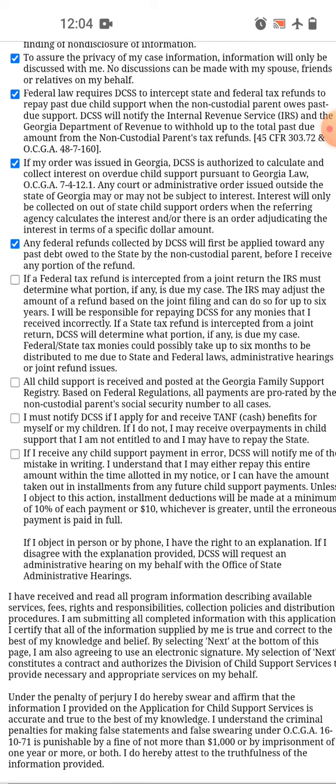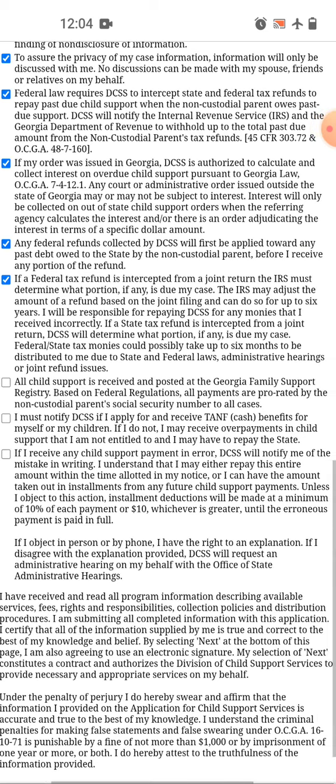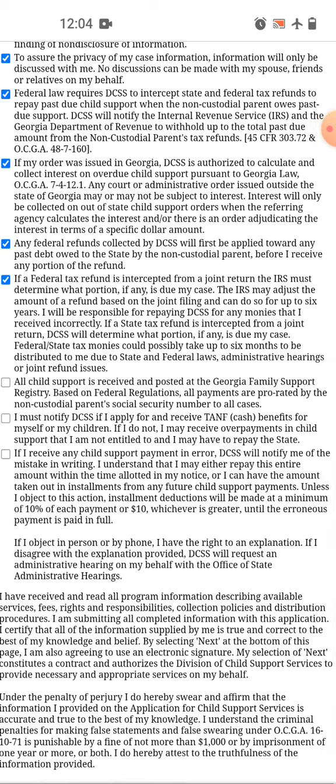I will be responsible for repaying DCSS for any monies that I receive incorrectly. If the state tax refund is intercepted from a joint return, DCSS will determine what portion, if any, is due my case. Federal and state tax monies could possibly take up to 6 months to be distributed to me due to state and federal laws, administrative hearings, or joint refund issues. While I was reading this here, you see how the DCSS,